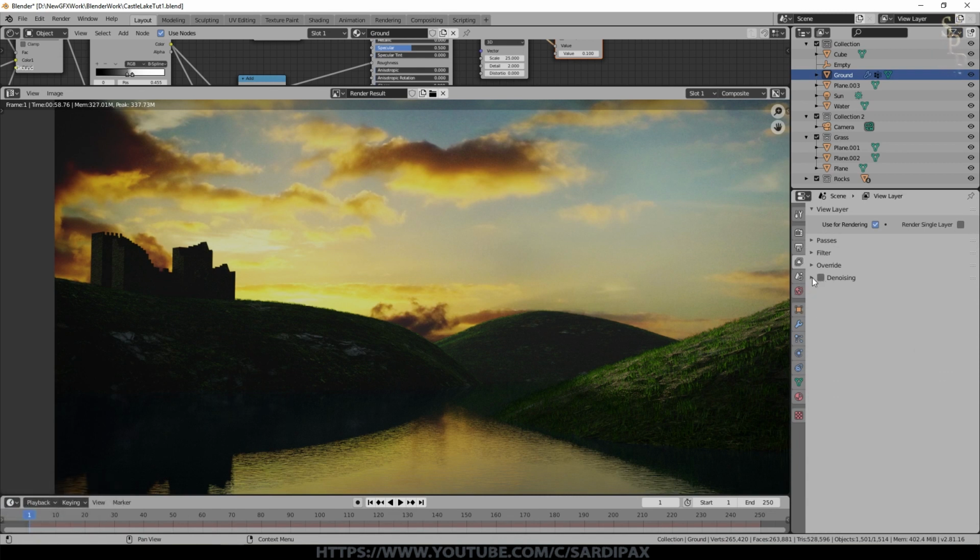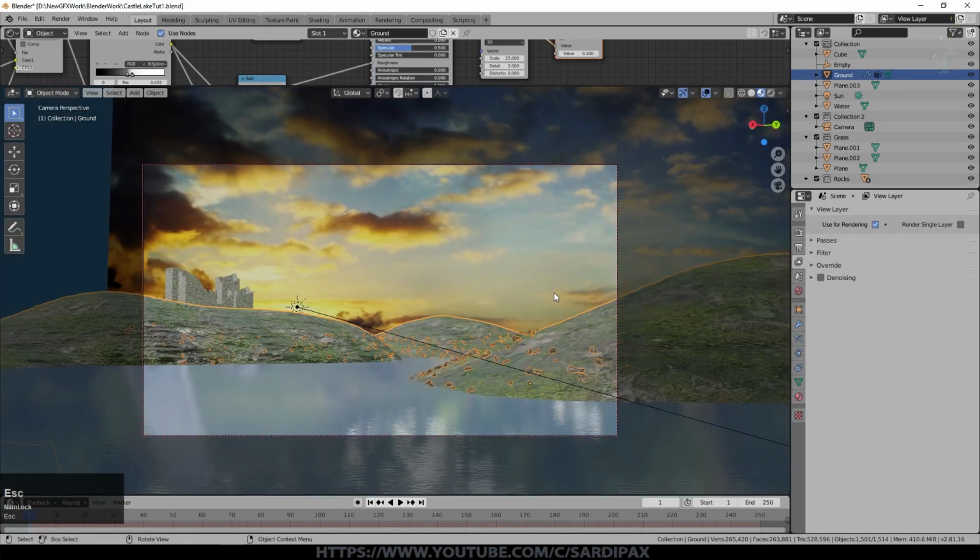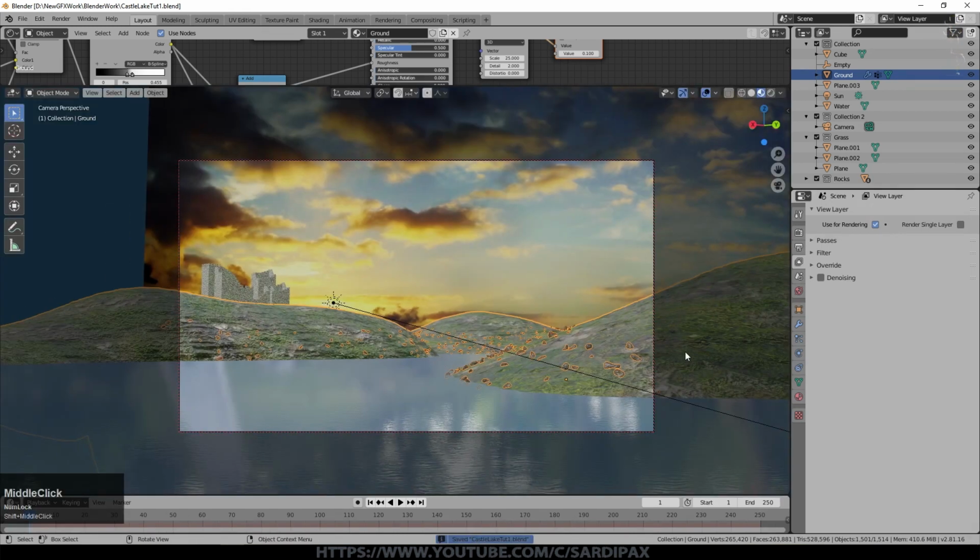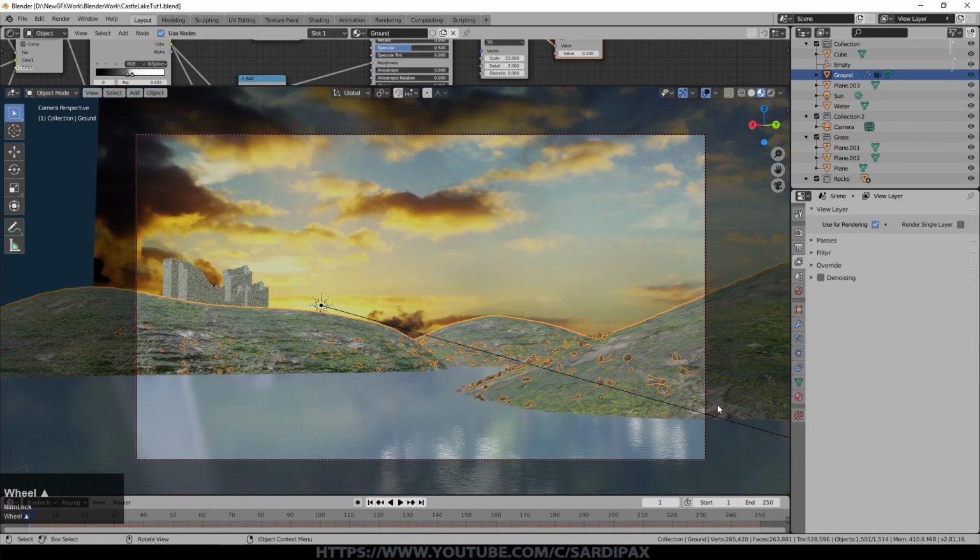And there is an experimental one available, which is an AI-based denoising effect as well. And Intel, I think, developed the AI algorithm. But I'm not going to add denoising to this scene, as I don't think I really need it at the moment. So let's just give that a final render and see what that's like.